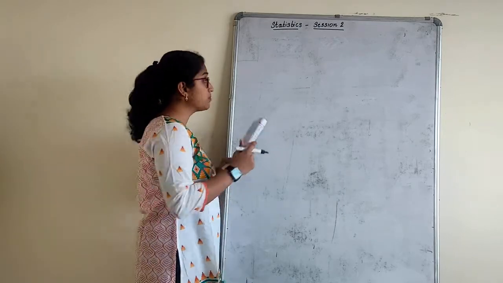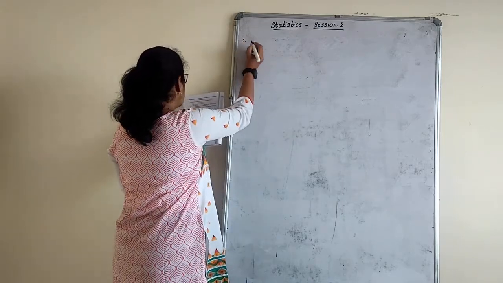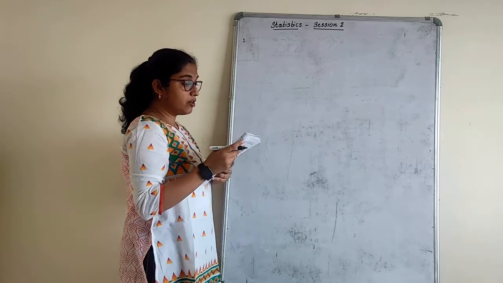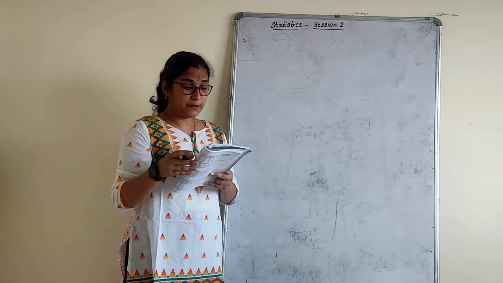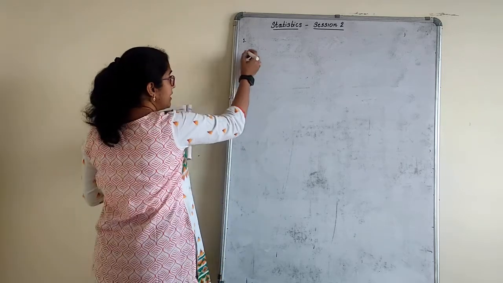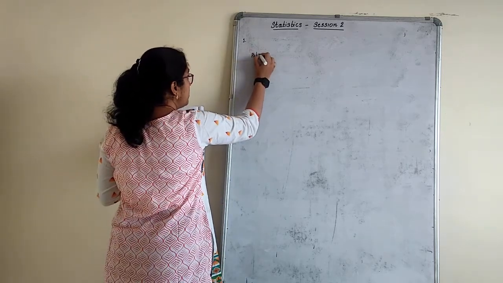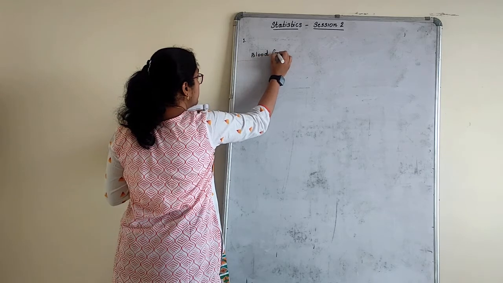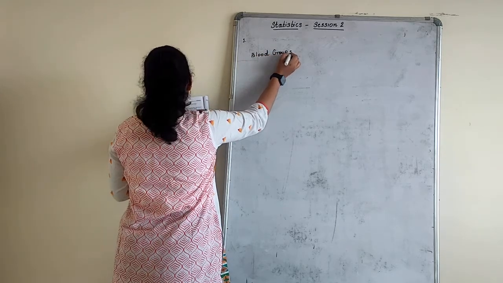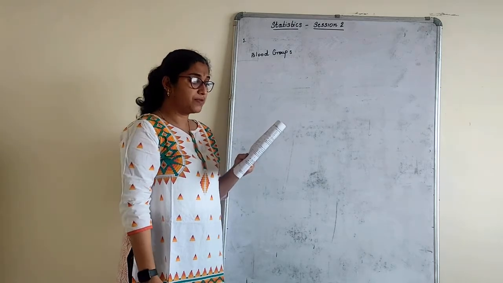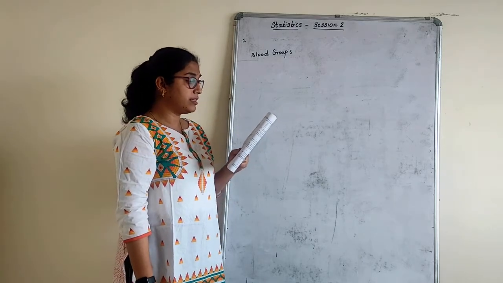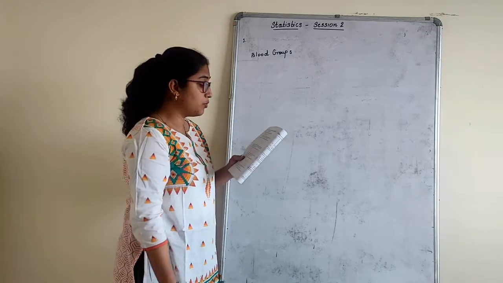The first one: the blood groups of 30 students of class 8 are recorded as follows. So these are the blood groups, 30 blood groups are there. Now let us just write the blood groups. Which are the blood groups given? Let us make a list. Now what we have to do? Represent this data in the form of a frequency distribution table. Which is most common and which is the rarest blood group among this, we will come to know.